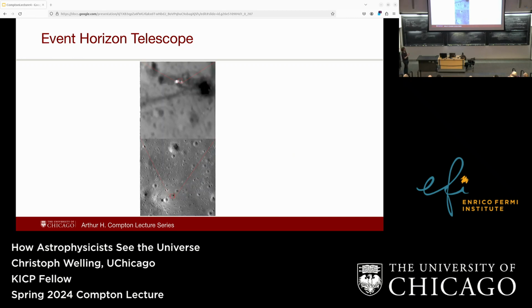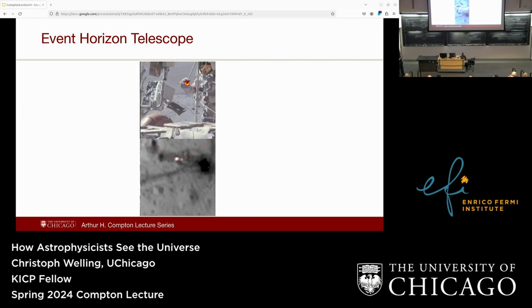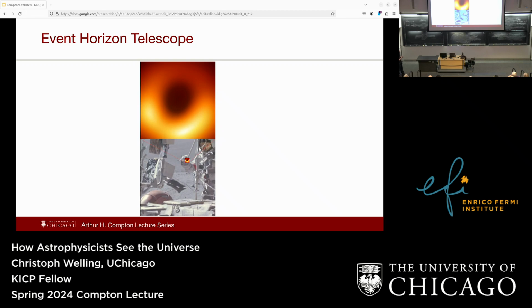Now, this is what the Apollo landing site looks like from an orbiter. If we zoom in further, we can see an astronaut holding a little picture of this. And this is actually the resolution. So you could hold up a picture of this on the moon, and you would need a radio telescope, which is kind of difficult to see a printout, but this is an amazing resolution. And with this technique, actually today, radio telescopes are just resolution-wise the best telescopes we have.